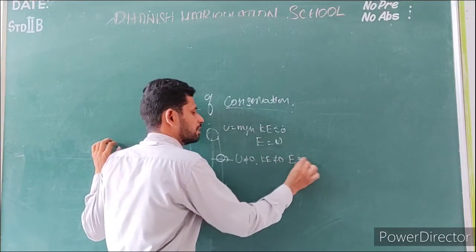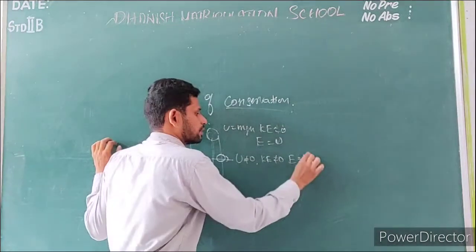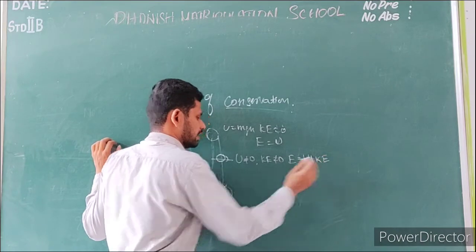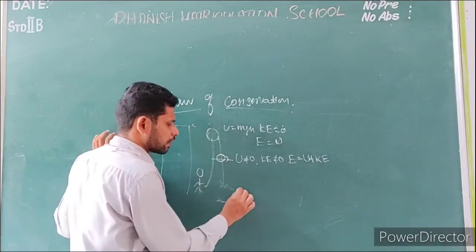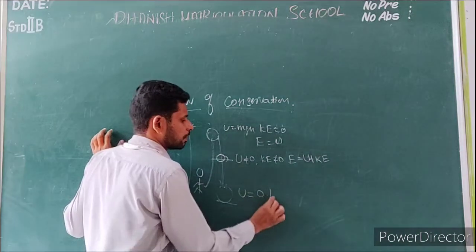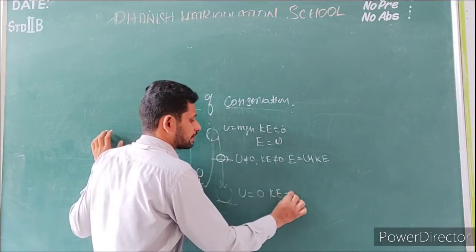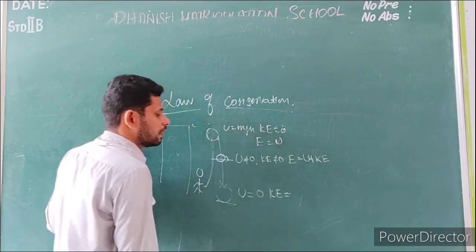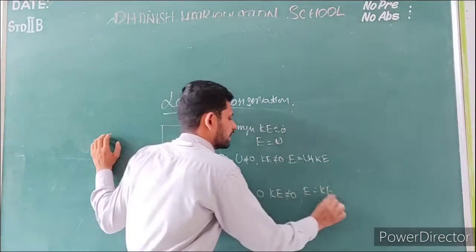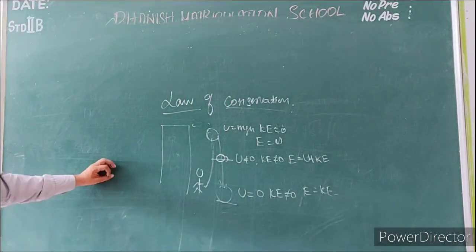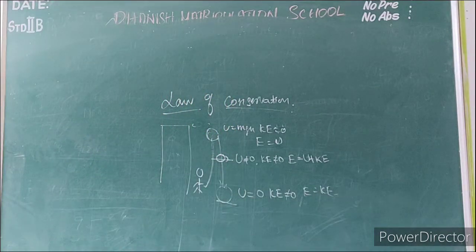So total energy will be equal to the sum of the potential energy and kinetic energy. When it reaches the ground state, potential energy will be equal to 0 and kinetic energy will be maximum. So the total energy of the system will be equal to the kinetic energy. Okay, now